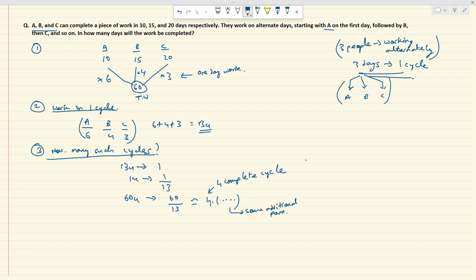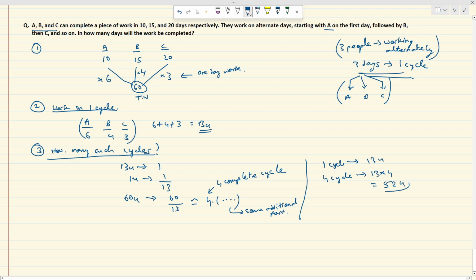तो इन 4 साइकिल्स में मेरे कितने काम हो जाएंगे, एक साइकिल में काम होता है 13 यूनिट, फिर 4 साइकिल में कितने काम होंगे, 13 इंटू 4, 52 यूनिट्स ऑफ वर्क कंप्लीट हो जाएंगे। एंड 1 साइकिल मीन्स ऑल्सो 3 days, फिर 4 साइकिल मतलब कितने डेज, 3 इंटू 4, 12 days। 52 यूनिट्स ऑफ वर्क, दैट मीन्स इन 4 साइकिल में मेरे 52 यूनिट्स काम कंप्लीट हो जाएंगे आउट ऑफ टोटल 60 यूनिट्स, और उसके लिए मुझे 12 दिन टाइम लगेंगे, राइट।